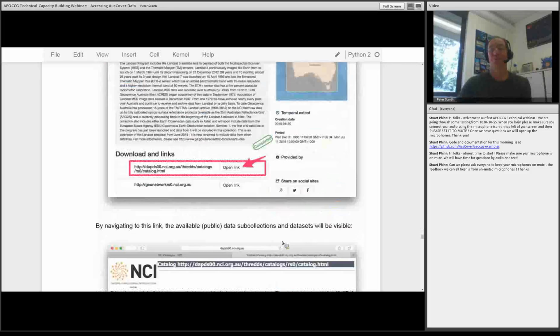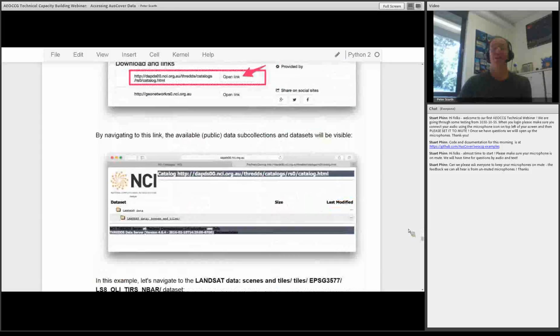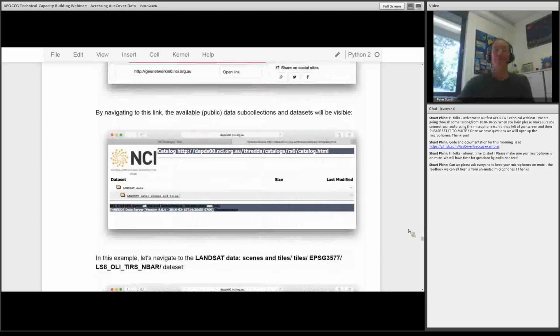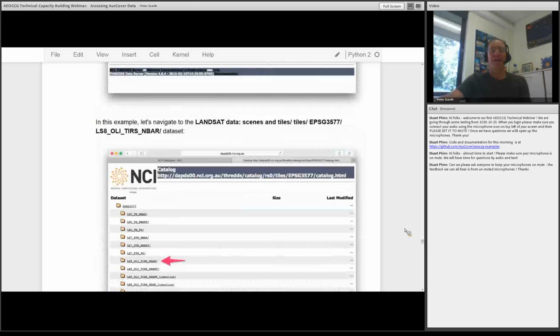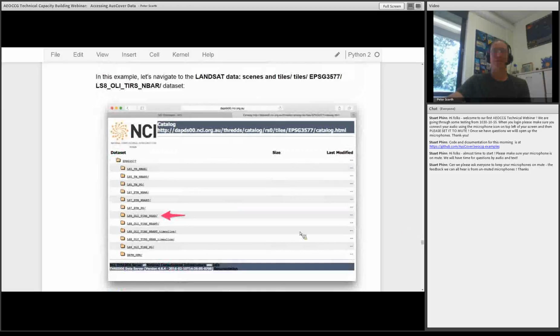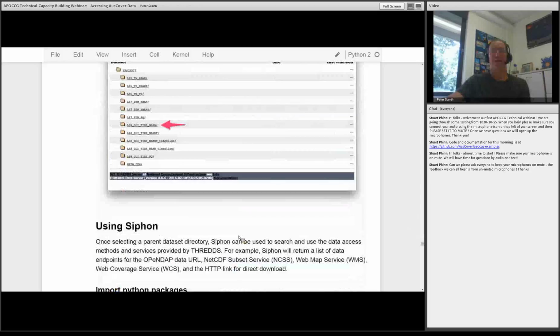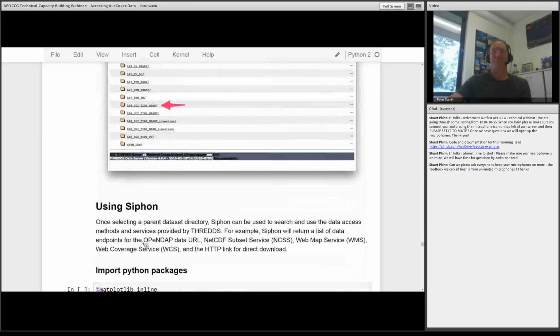So you navigate to that link, which is the publicly available catalogue, and you reach a page like this, which is on the Threads server: Landsat data, scenes and tiles. And we're, in this case, interested in looking at the NBAR data set, so the surface BRDF corrected data. So you follow that link, and once you get to that link there,